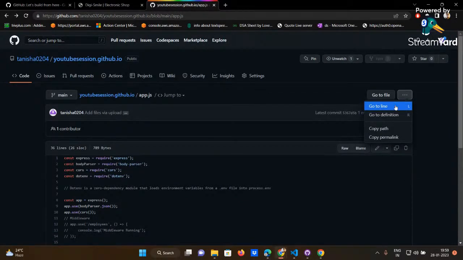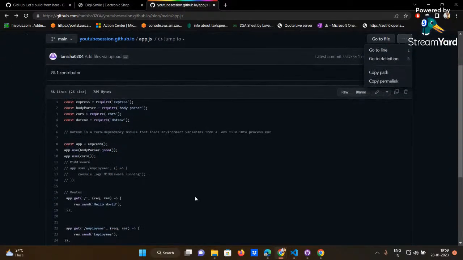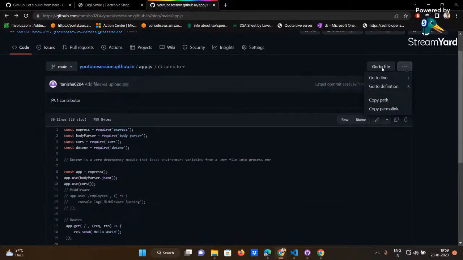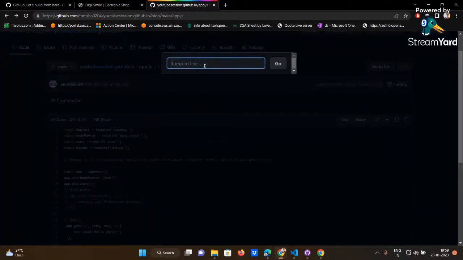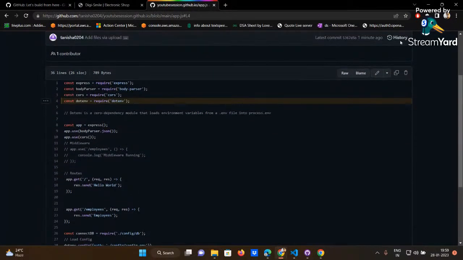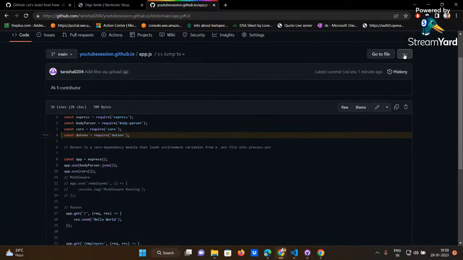Yeah, now we'll see go to line. This is a small code, right? You can just easily access it, but if there are long codes, you can just go to line. I suppose I'll write line number 4 and go. It'll take you to line number 4. That's amazing, right? You don't have to go through all the hassle to find the line of code where you made an error. Now this is copy raw contents, and this is raw and blame, which you don't need as a beginner. Now I am pretty sure you guys know